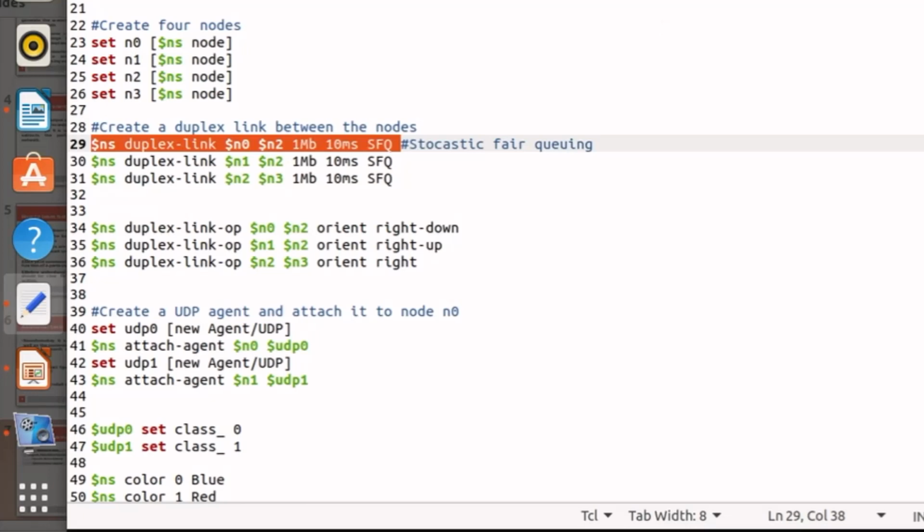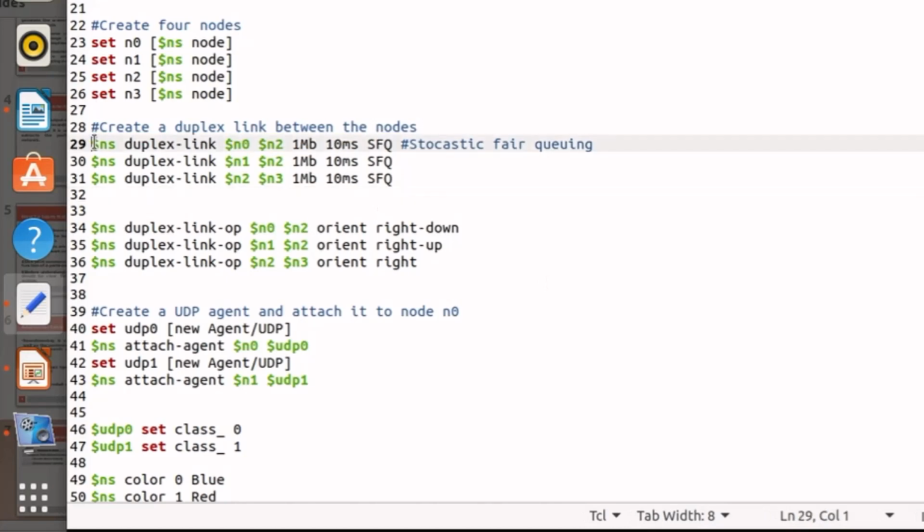There is one tool called the text editor, and I am writing this code in it. A text editor is a simple tool for writing code. You can write any code in it and save it with the proper extension. If you write C++ code in it, you save it with the extension .cpp. If you are writing TCL code, you save it with the extension .tcl. It is a simple text editor like Notepad in Windows, so you can use it.